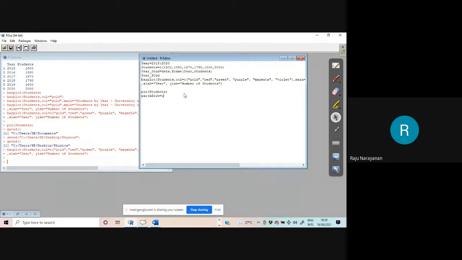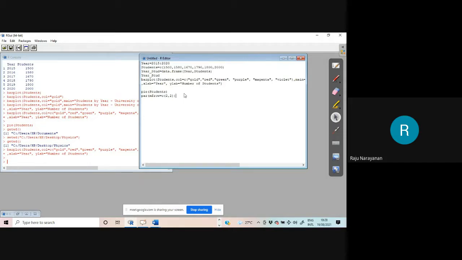The mfrow parameter is equal to how many graphs you have to put. Suppose you have to put 4 graphs. Then you divide the sheet into 2 rows and 2 columns. Don't worry about the meaning of mfrow, etc. I understand it like this: partition the sheet into 2 rows and 2 columns.